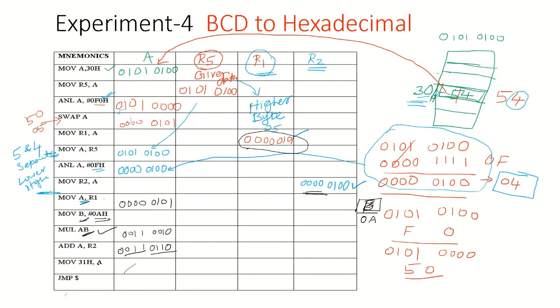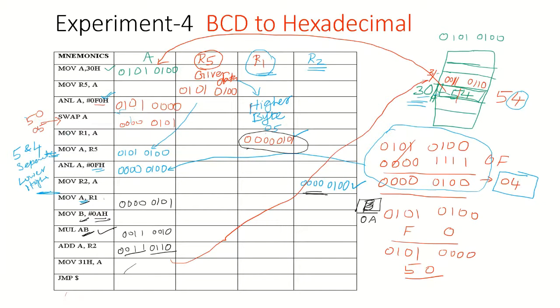Now we can see this accumulator content will be transferred to the memory location with address 31. So this will be location 31. What will be the content there? 0011 0110, which is 3 6.